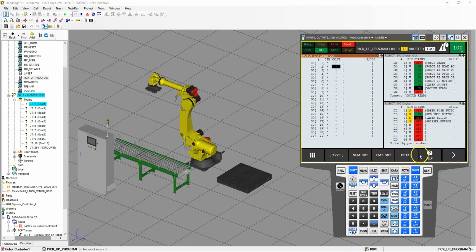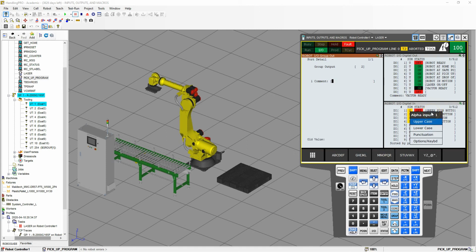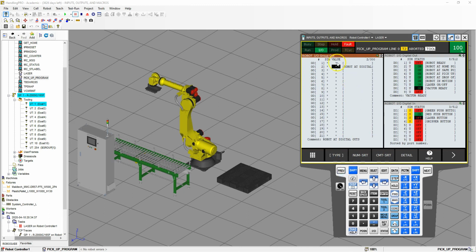So I'm going to go to the right, detail, and we go robot at digital outs, enter. Okay, so then I just go previous, brings me back,